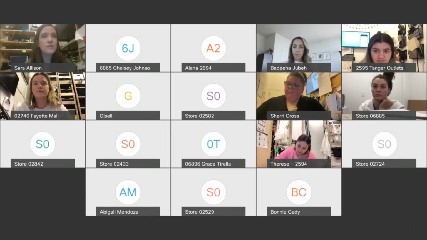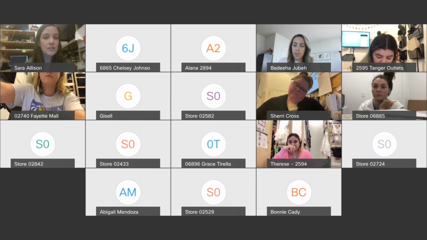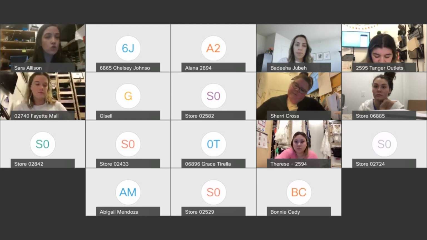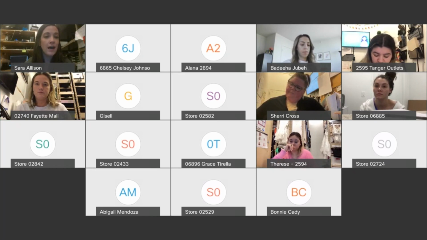So rather than it just feeling like, oh, I like this or this looks pretty, it gives us a foundation for making decisions, and it puts us all on the same track towards hopefully making the same decision, if that makes sense. So we always want to back up any decisions we've made or changes or adjustments by speaking to the visual merchandising filters and how those influenced our decision.